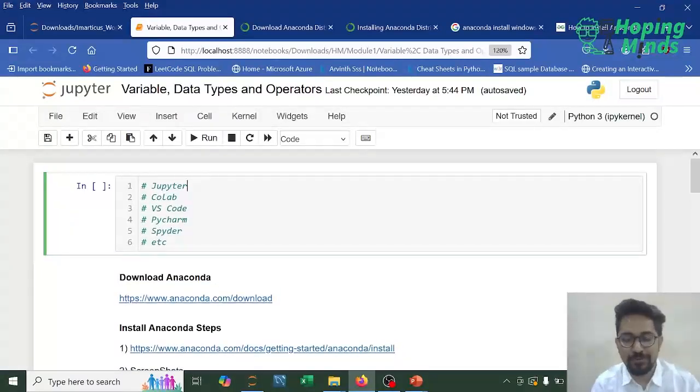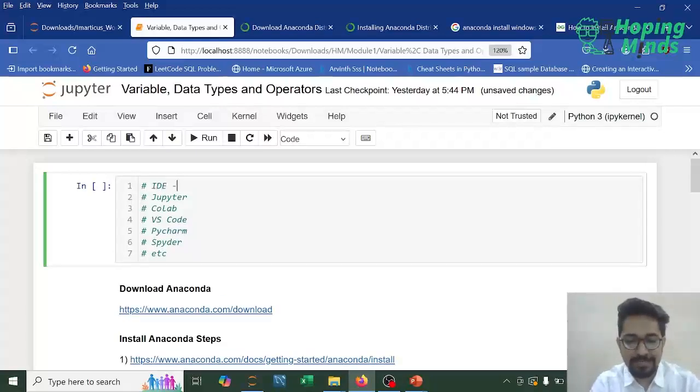So guys, over here, we are in Jupyter. Jupyter is one of the most commonly used Python IDEs. Now, when I talk about an IDE, I simply refer to an Integrated Development Environment, as in, an IDE is a platform onto which we can write Python code. So when we talk about the different IDEs for Python, we have IDEs like Jupyter, Colab, VS Code, PyCharm, and Spyder. Now, the most commonly used Python IDE is Jupyter, and to install Jupyter, we need to have a software called